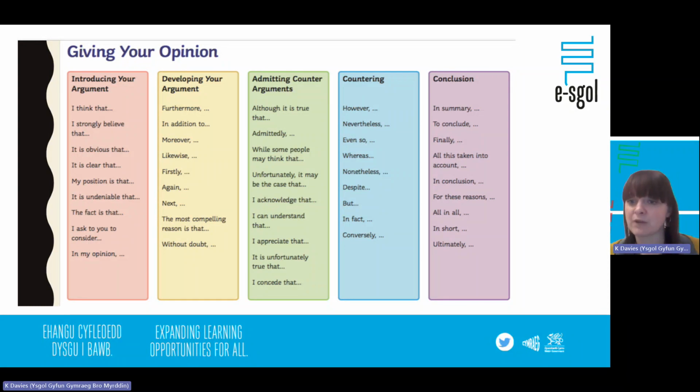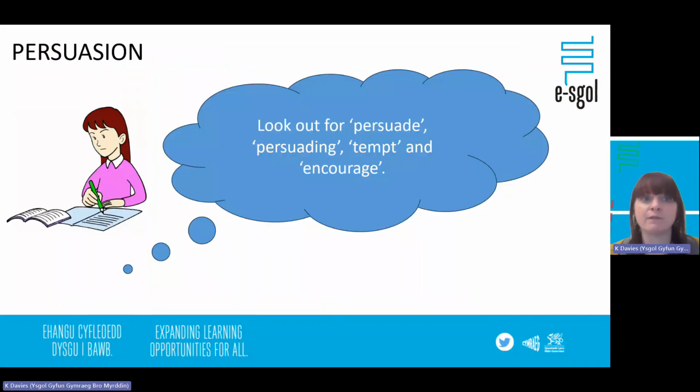So that would be a nicely rounded, well-worked response then, okay? So you've got things like signposts, like starters. I think that, I strongly believe, it is undeniable. I ask you to consider as your introduction, okay? And then with regards to the development, furthermore, moreover, and then you work your way through it, okay? But all of the signposts, all of these starters show this sense of argumentation and maintain that focus for the